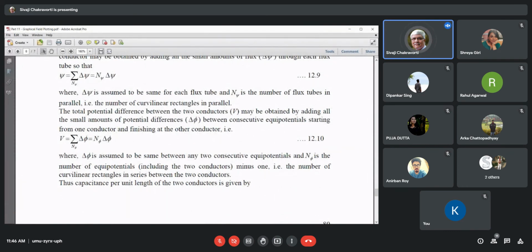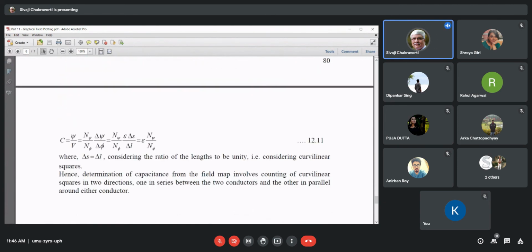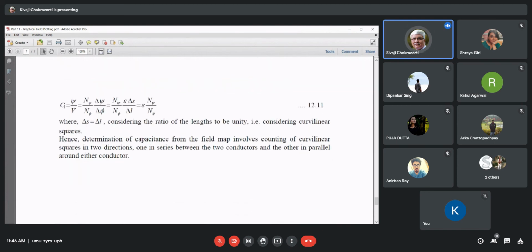Of course, we assume that del phi is the same between two consecutive equipotentials. So therefore, how will the capacitance per unit length between the two conductors be given? C will be given by psi by V, where psi is n psi into del psi, V is n phi